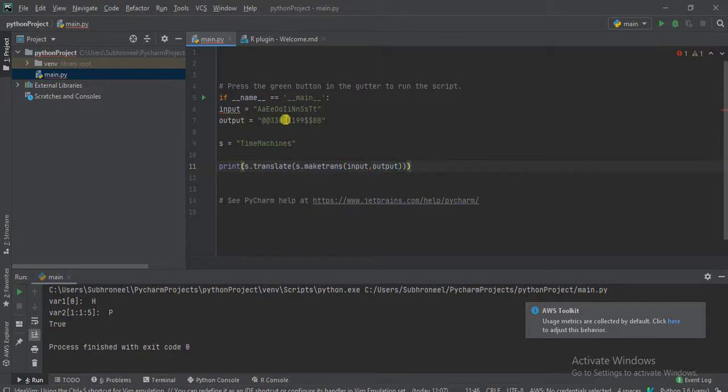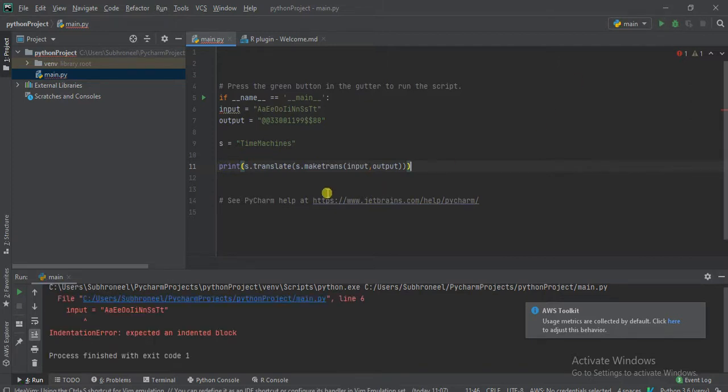Now let us see what exactly result it gives. Sorry, there should be an indentation. My bad.